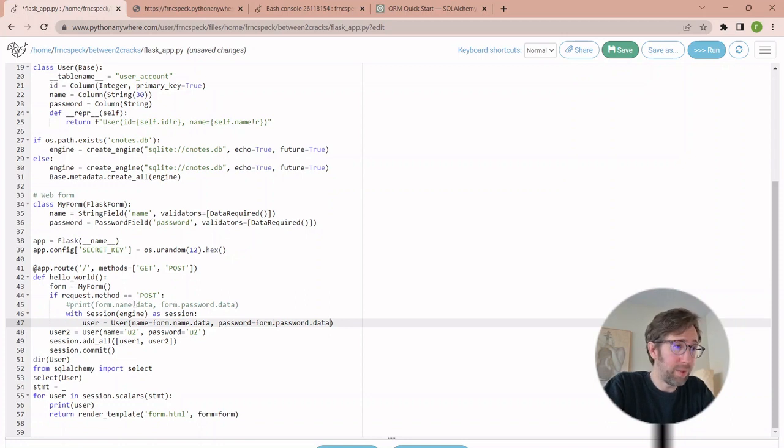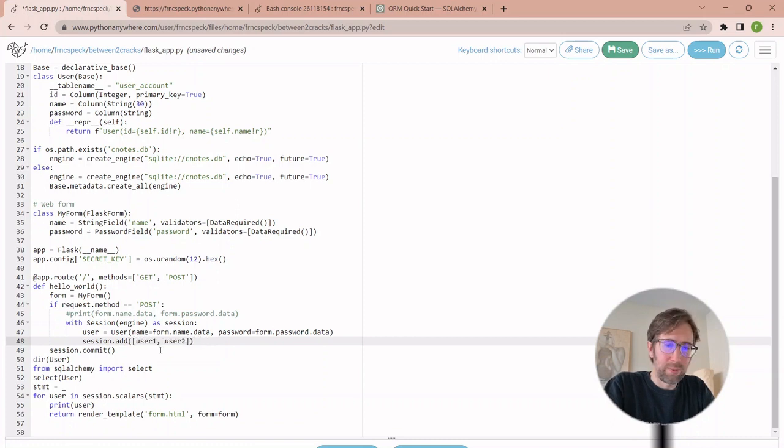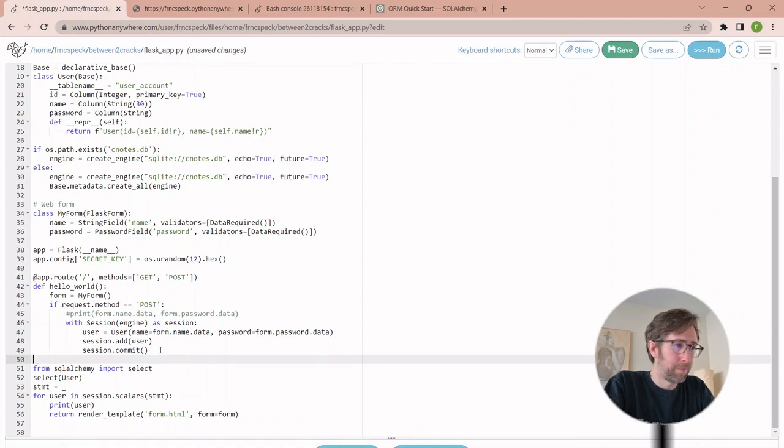So instead of just printing, we now first step creating this. We don't need the second user for this example. We don't need to do add all because our form just gives us information for one user. So this can all be deleted. But of course, having added a user, we do want to commit that. This part,